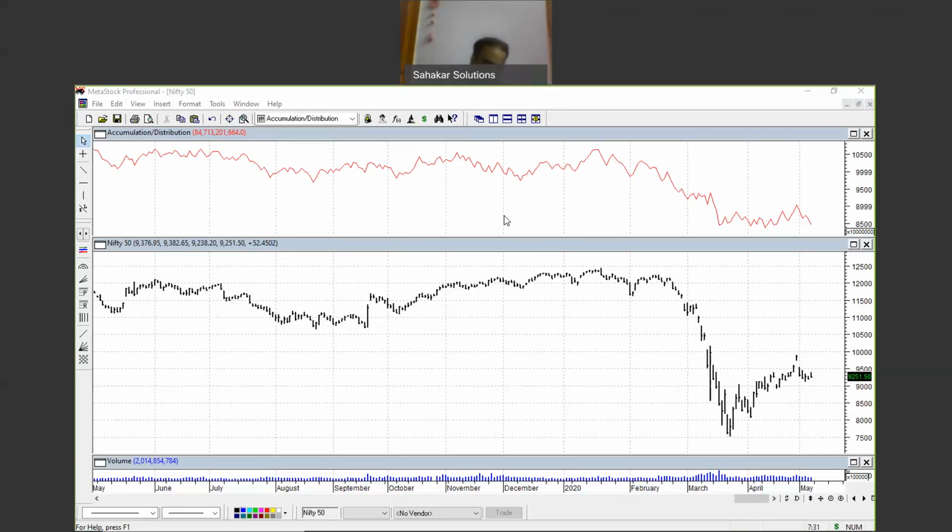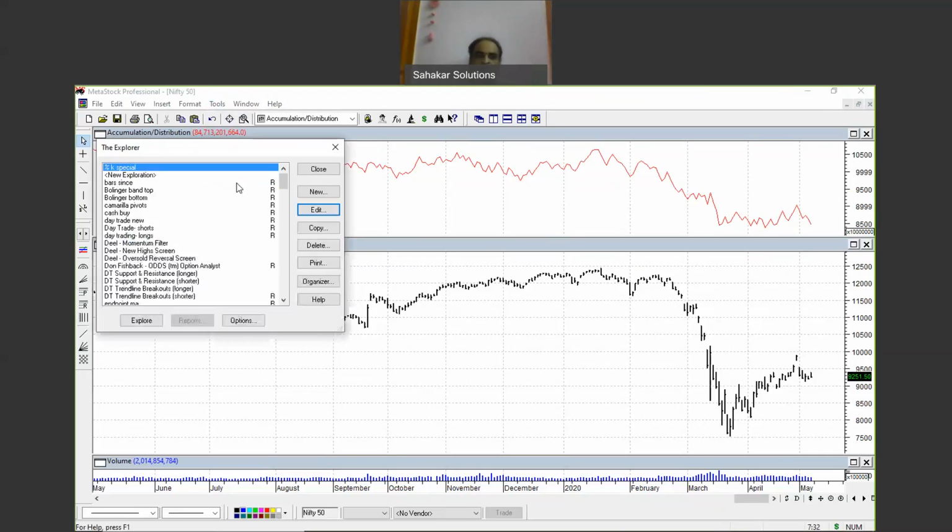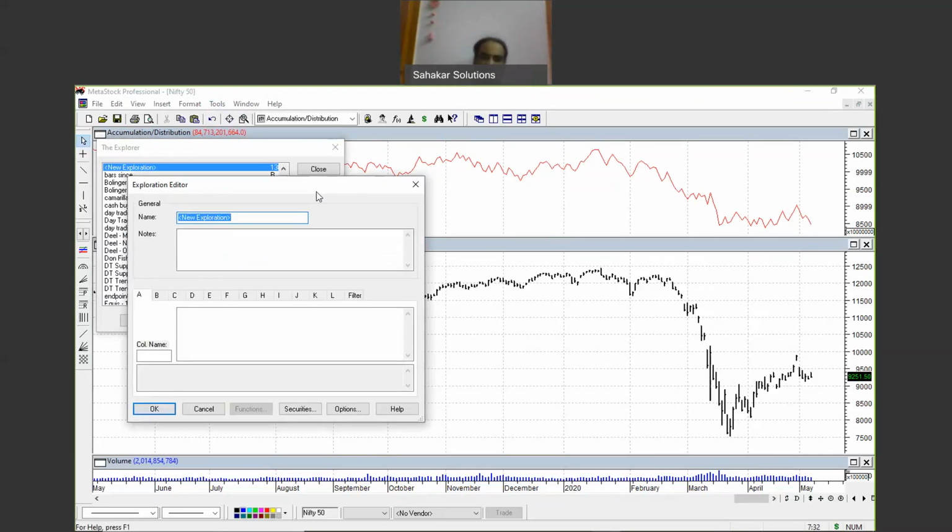I use MetaStock. You can use any software. Each and every software offers you some exploration techniques. Here we go. For making this, we have to use the coding language of MetaStock. Now we will make an explorer. I went to Tools, Explorer, New. I am naming it Test